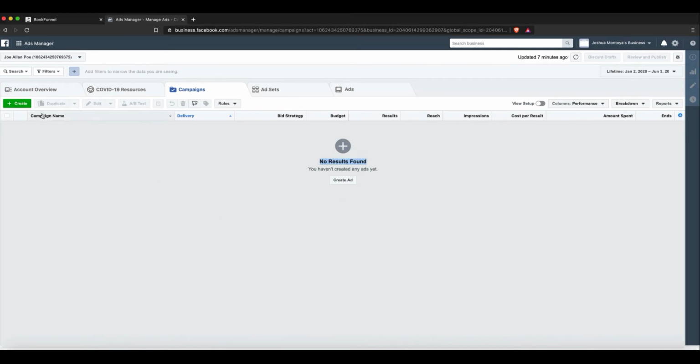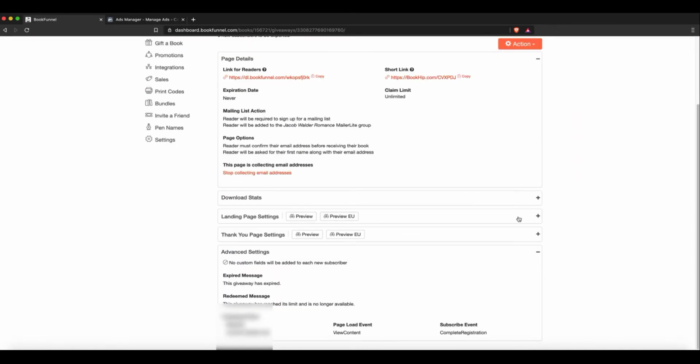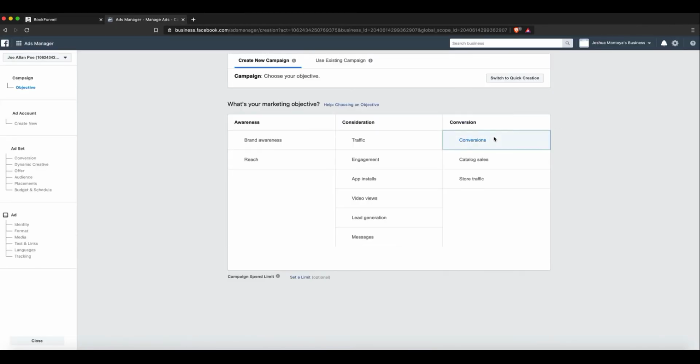All right, so what's going to happen now is we'll just go ahead and click on create. All right, and we are not going to do a traffic campaign. So over here you can see that this subscribe event is for completed registrations, meaning anybody that puts their name and email into here. Okay, so they have to put the name and email and actually subscribe for it to be a completed registration. So we'll click on conversions,